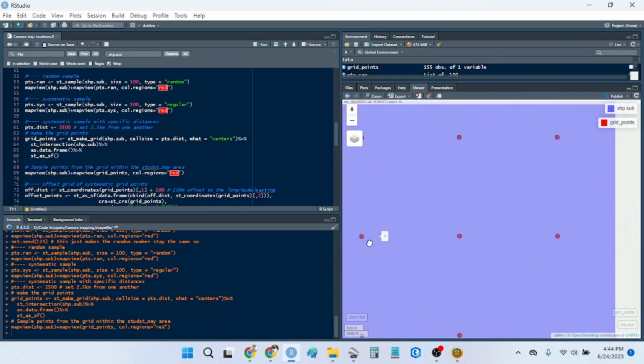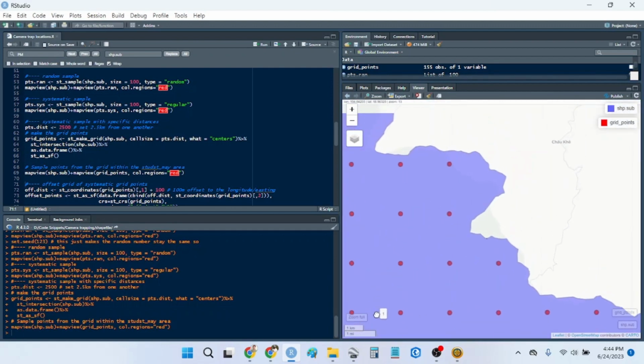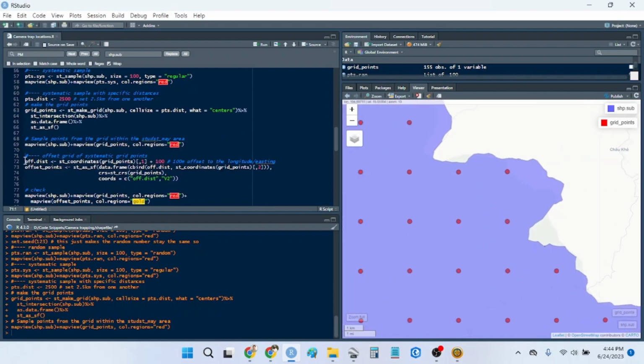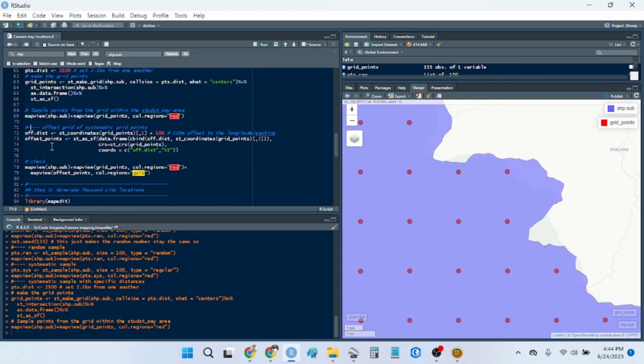So if I zoom in and you pay attention to this kind of bar over here, you can see it's about 2.5 kilometers, right? So that's 1 kilometer there, that's 1 kilometer there, that's 0.5. So then sometimes you want to offset the points, for example, of this systematic camera grid, and you want the